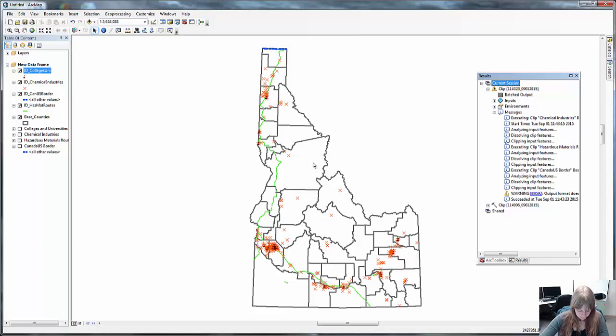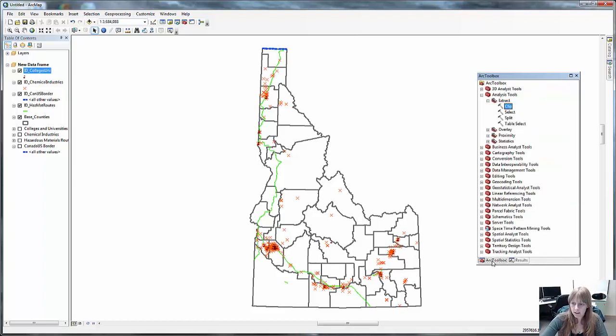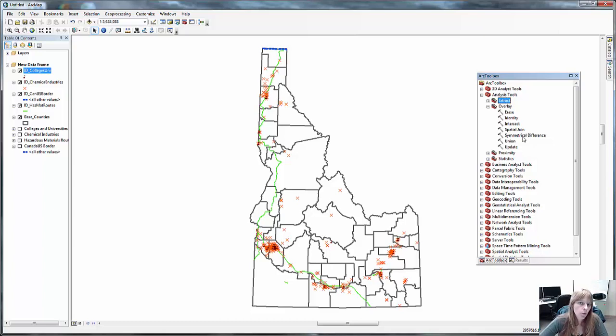Now we're going to move on to the identity function. Now the identity function is fun, and it is actually in the overlay toolbox. And the reason the identity function is fun is because it basically tells you where things are in relationship to another feature. So, for example, what we want to know is what county each of these ID chemical industries is in. Because you can see that they all fall within different parts of the state, but you may not